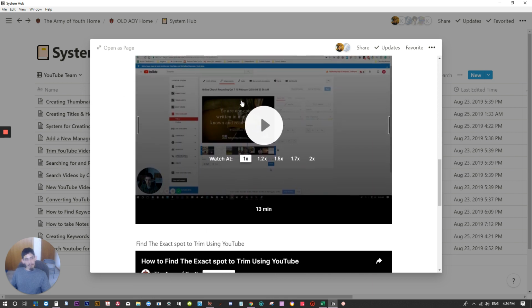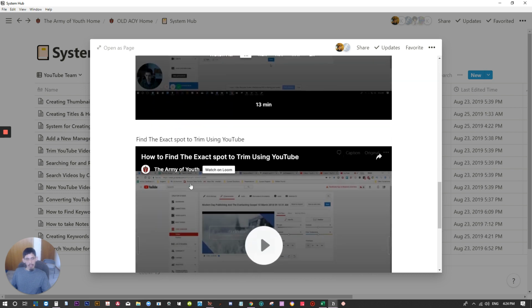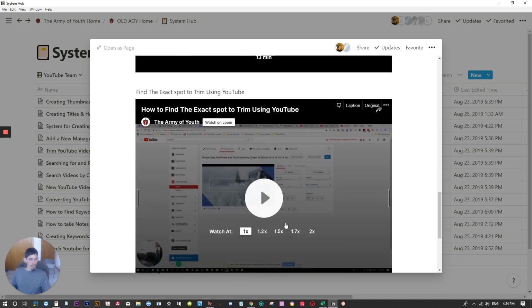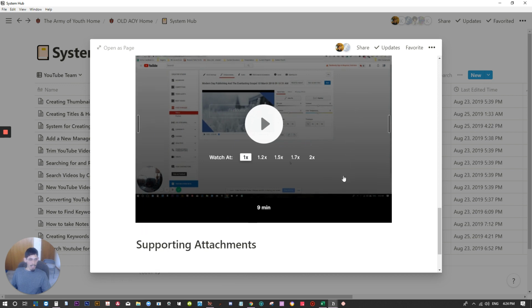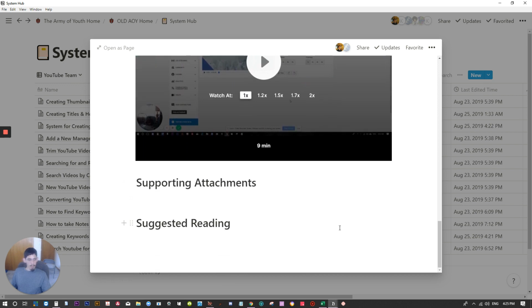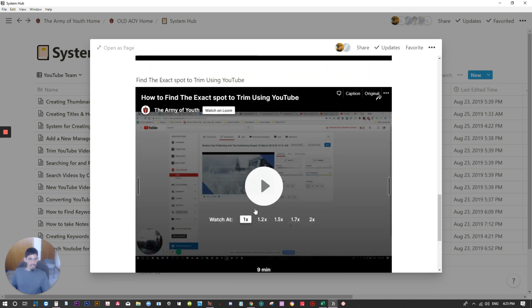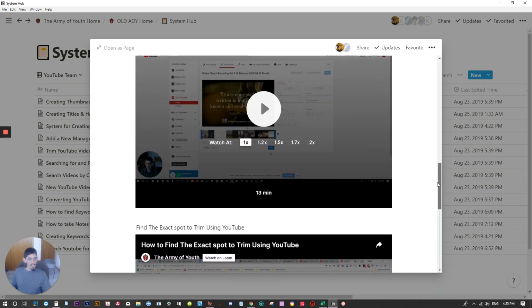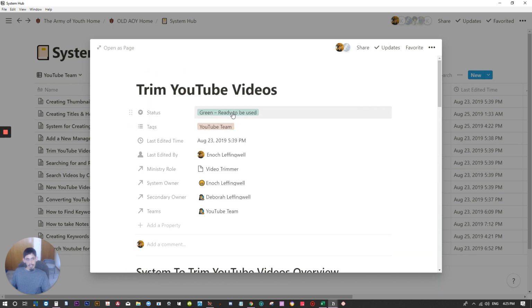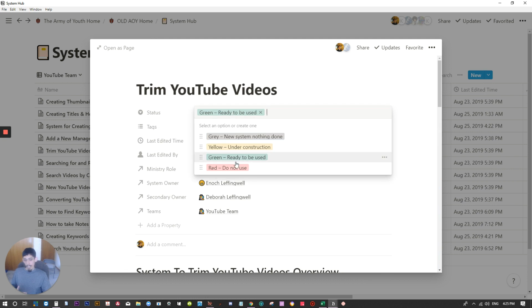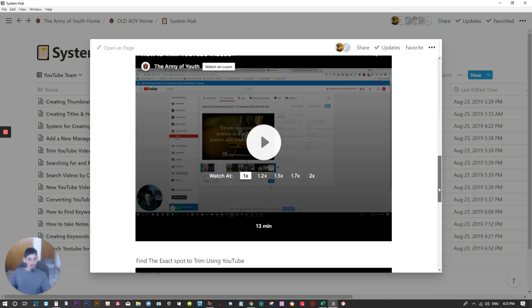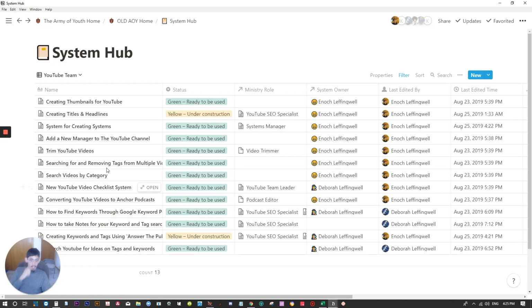And some people have been finding it difficult to find the exact spot on YouTube to trim. So we created this video showing people how to trim the exact spot. There's no supporting attachments or suggested readings yet. So this is very helpful. And it's green. It's ready to go. Sure, it could use some improvement, but it's still good to go. If you follow the video, you will get the same results, and people have used that. So that's very helpful. And what you'll find is that all of these